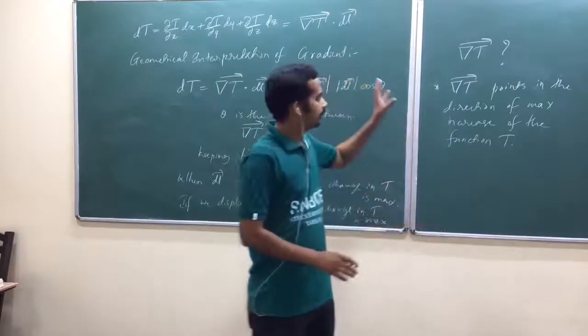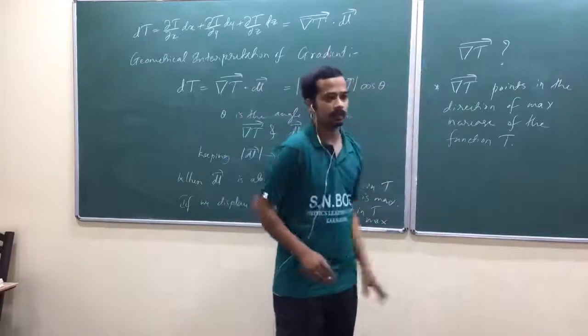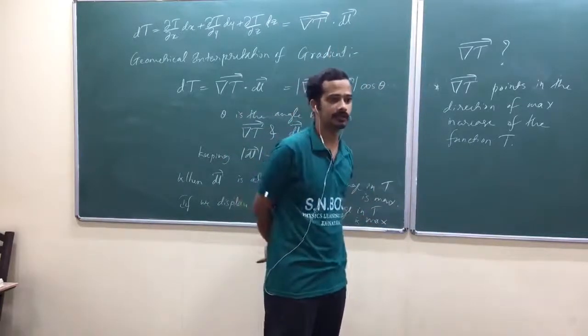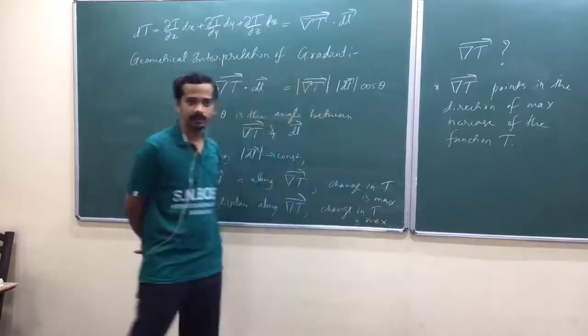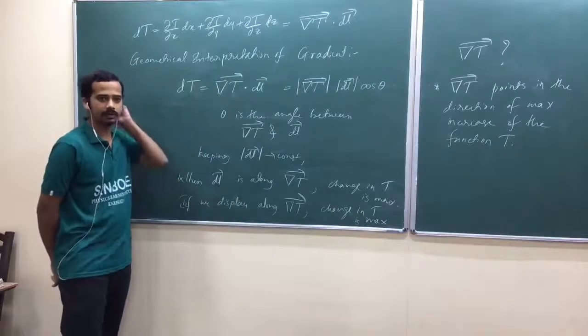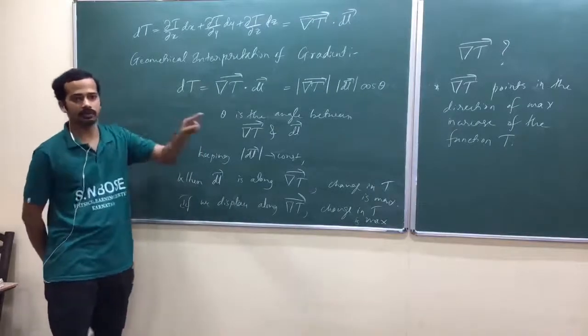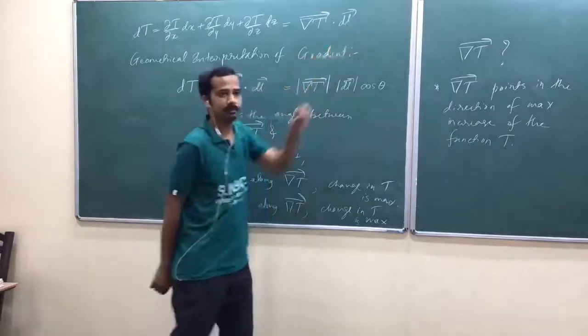Now you have a vector quantity. Am I right? First, talk about what is its direction. Next one is talk about its magnitude. It's done. Am I right? By this interpretation, what I have done is, I moved in various directions. So this is my displacement vector. I moved in various directions.